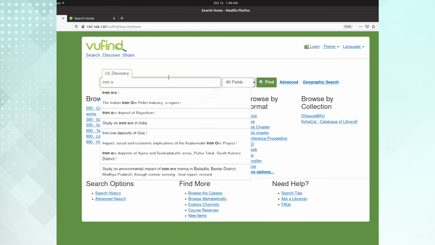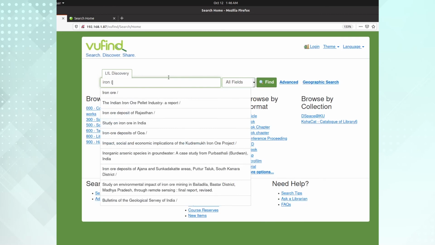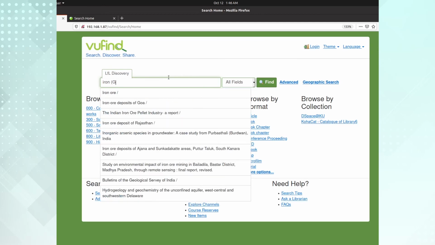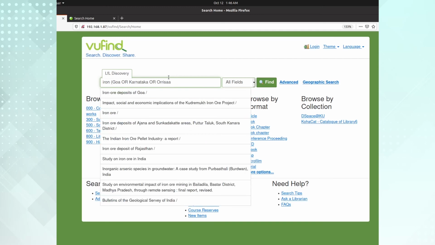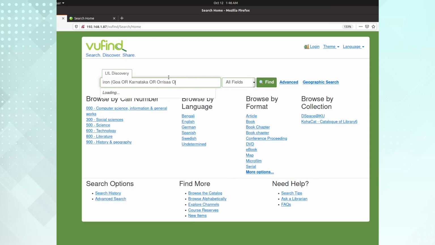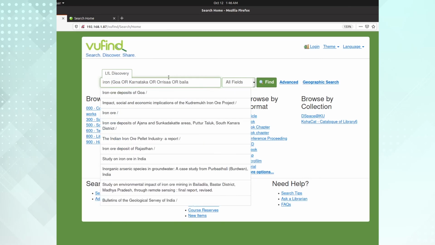So, iron we can search, and then we are going for searching Goa or Karnataka or Odisha or say Bailadila.